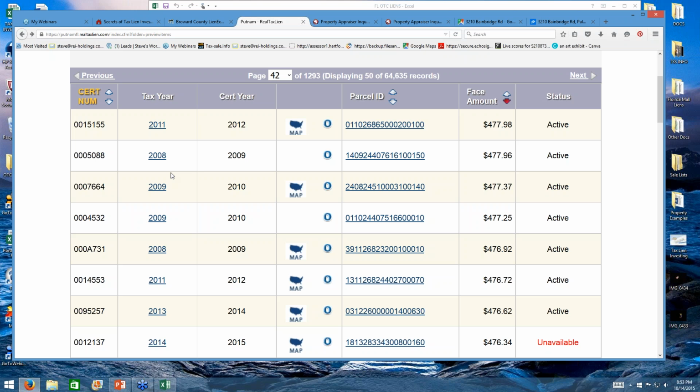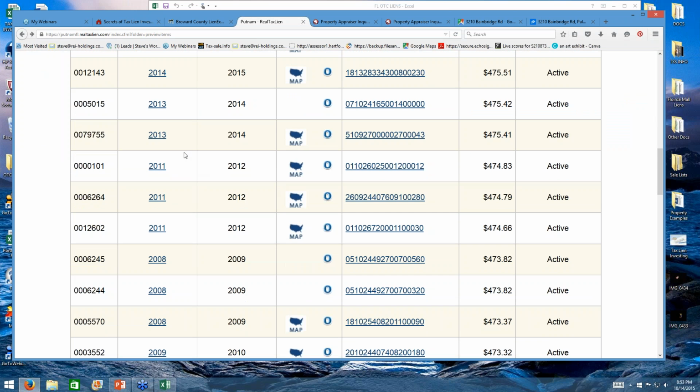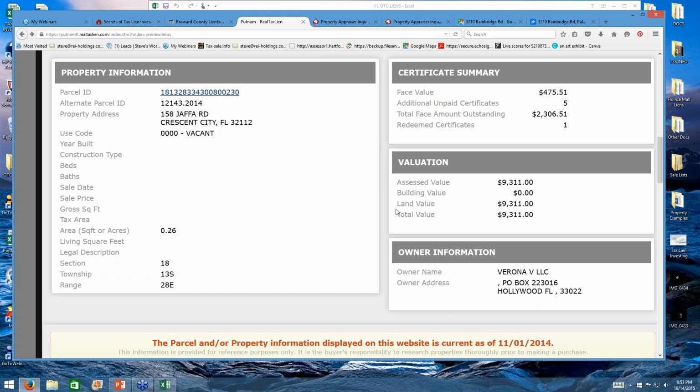And so essentially, go ahead and get started with over-the-counter tax liens. Really, you can just go through and have a little bit of fun. Even if you don't plan on buying, you can go through and look at tax liens. So we can see this one's from 2014, but there are outstanding tax liens. Now we can go ahead and click on it and find out more about it.